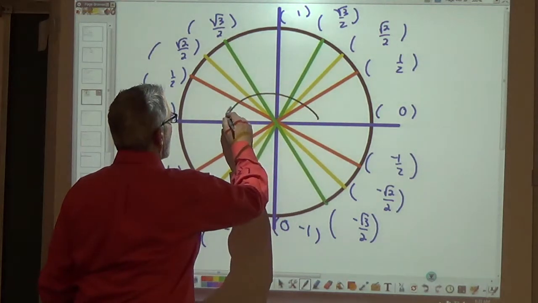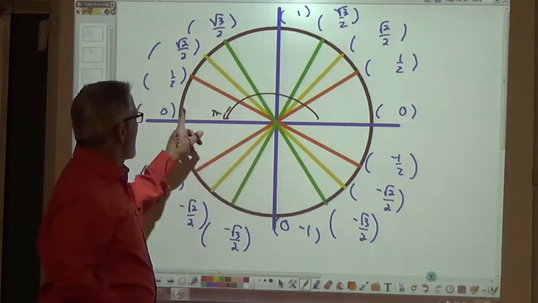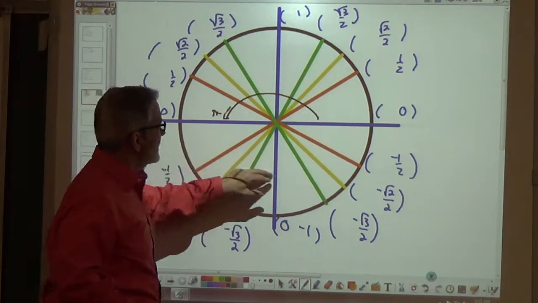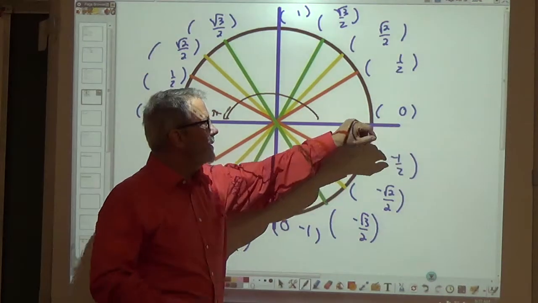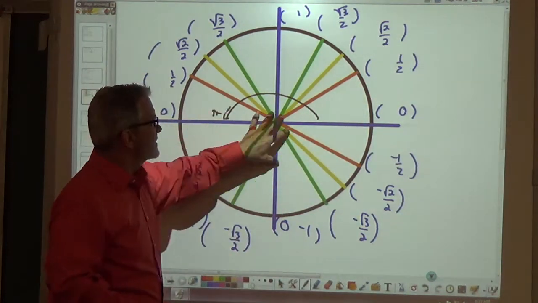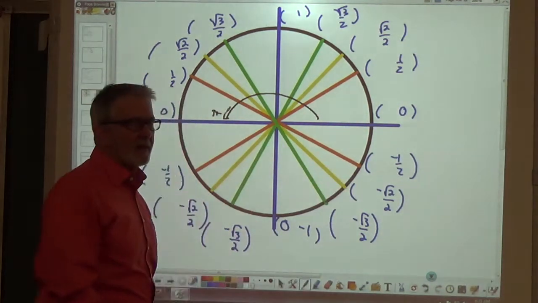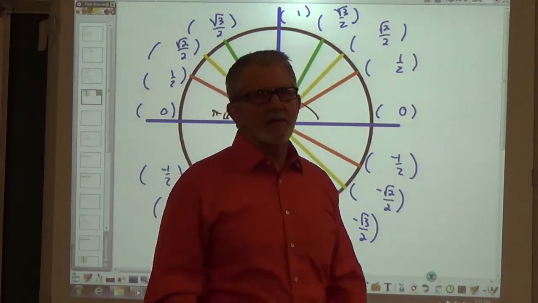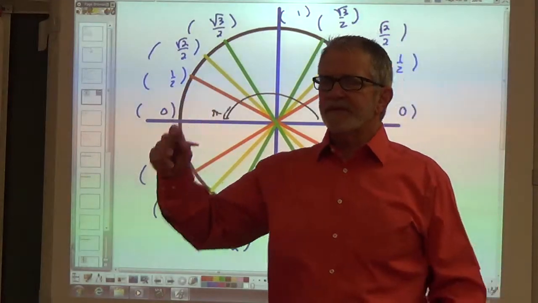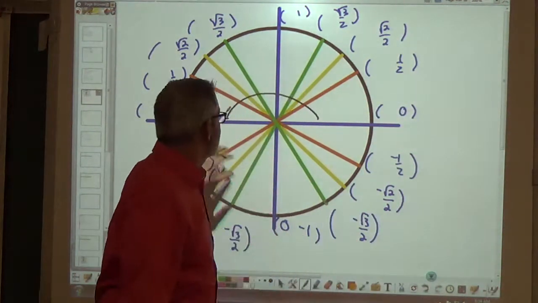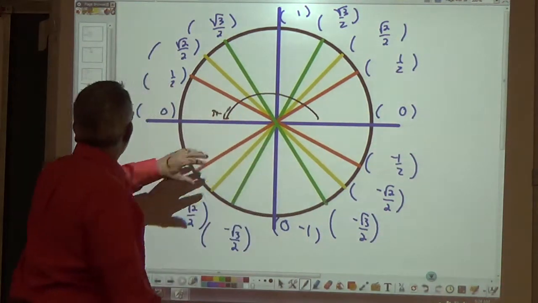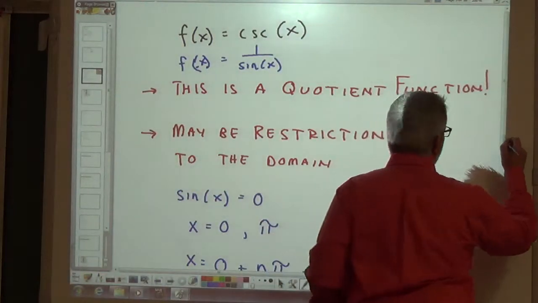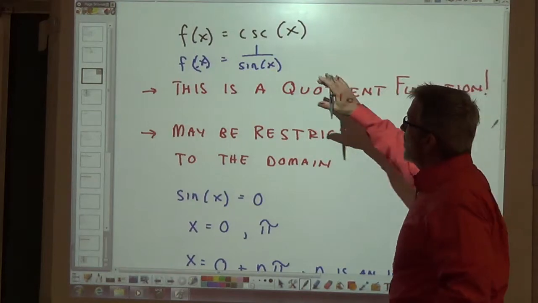If I go over here to pi, the sine of pi is 0. And look at this, the sine of 2 pi is 0. Sine of negative pi is 0. So think about that. We've talked about the sine graph, the period of the sine graph, and where it zeroes out. So that gives us a nice way to think about the domain of cosecant, which is